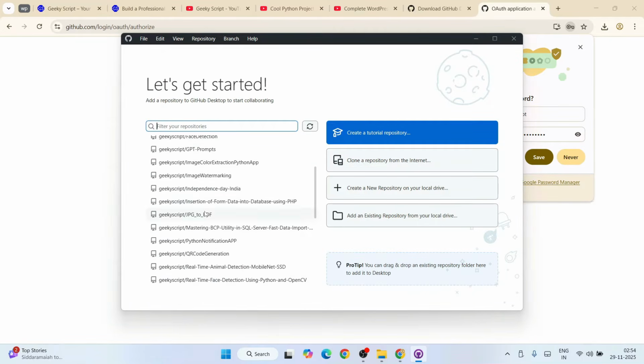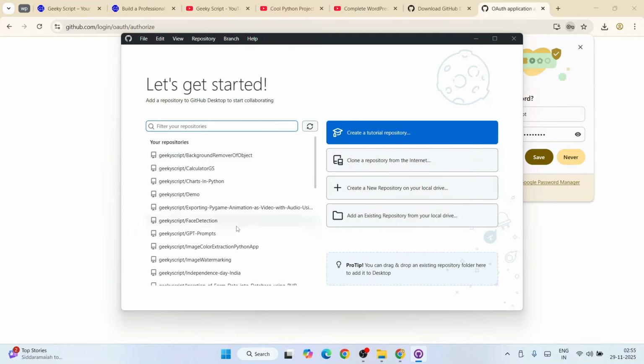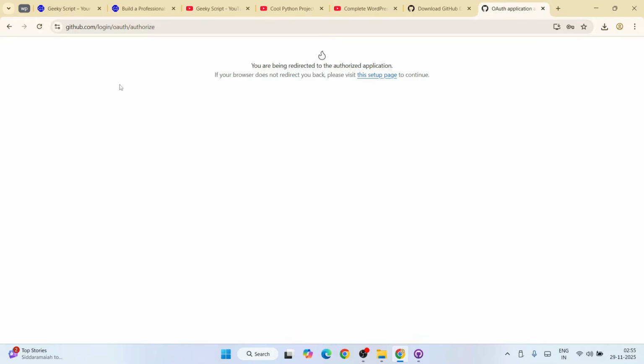And there you go. You can see all the projects that I have created. All the repositories are rightly showing. So basically, if you go to the official site of github.com